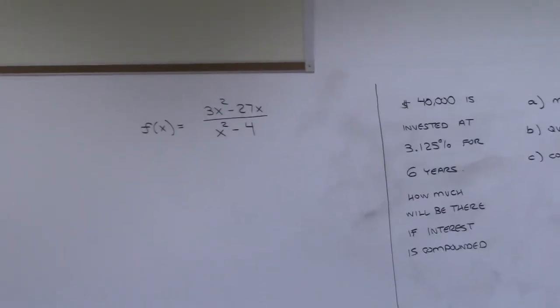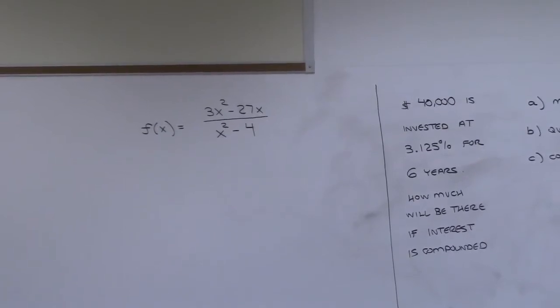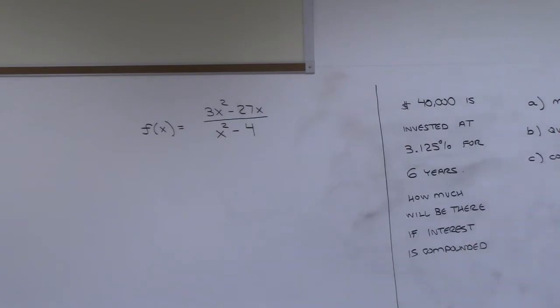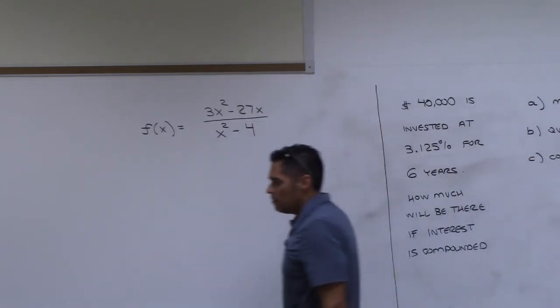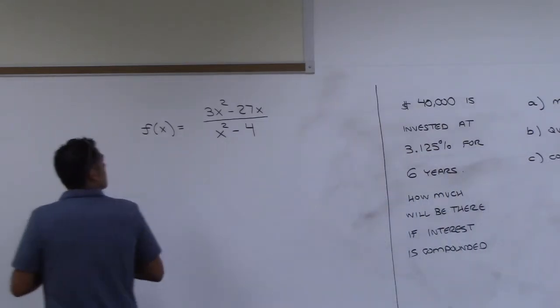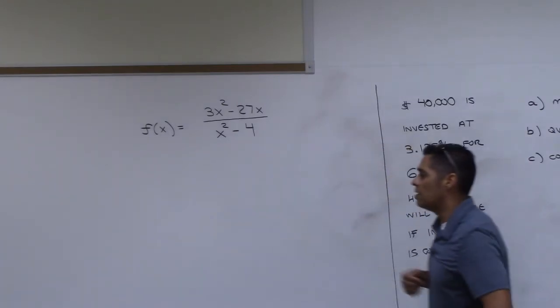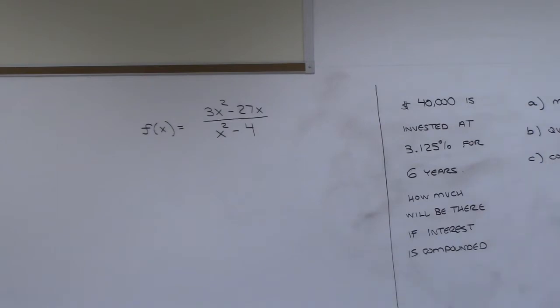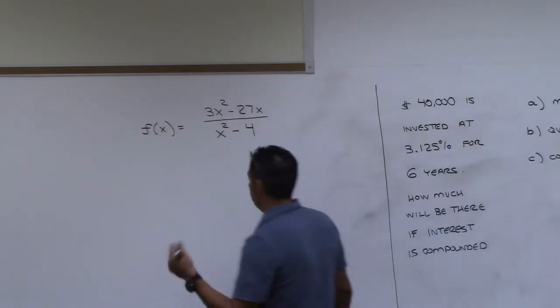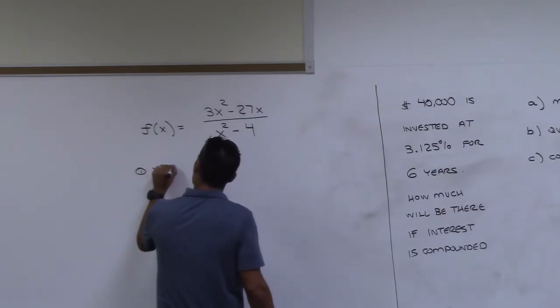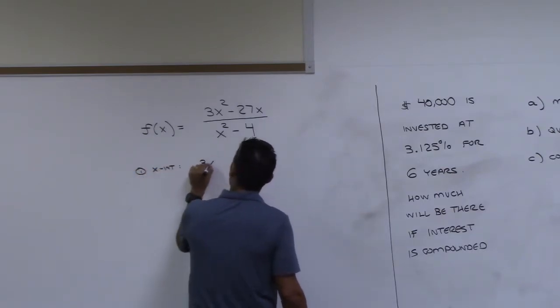All right, so the one on the left there, this one requires quite a bit of work, right? What's the first step that you want to do for this? Let's just go around the room. 3x squared minus 2x equals... Okay, so what is it that we're doing? What is that step going to do for us? What is it getting us? X-intercepts. Okay, so we're starting out with x-intercepts. Everyone good with that? To do that, you set the top equal to 0.